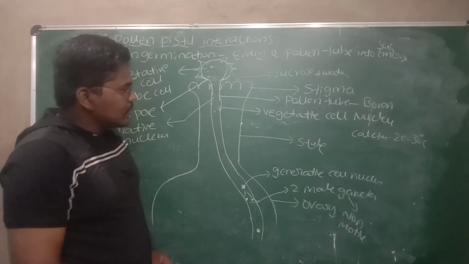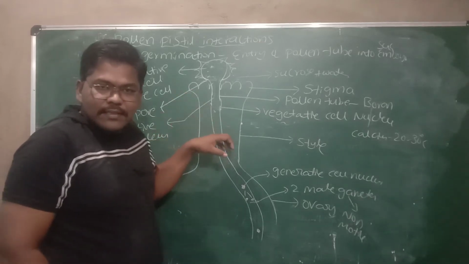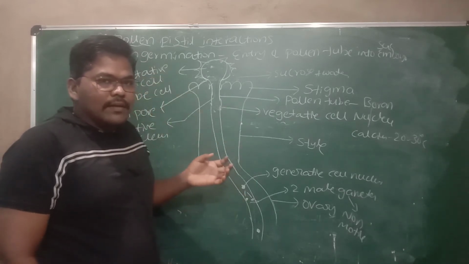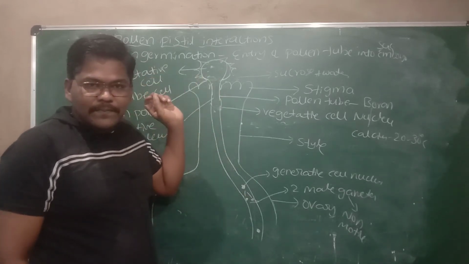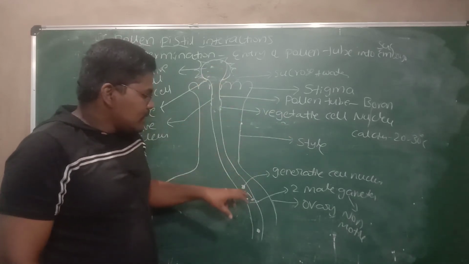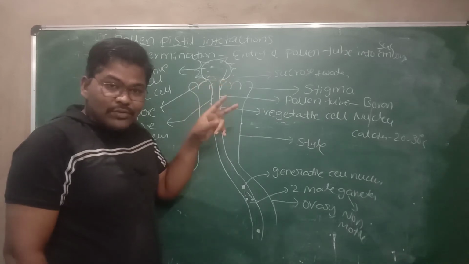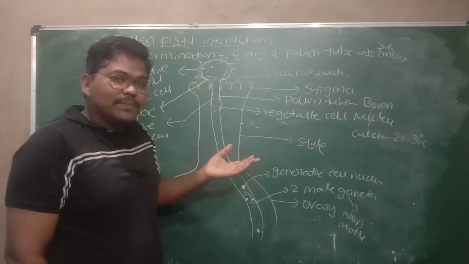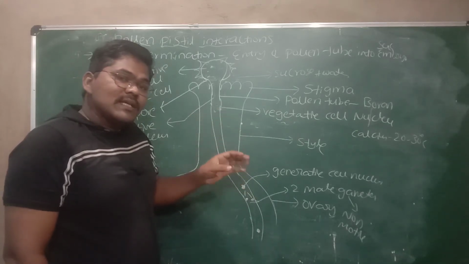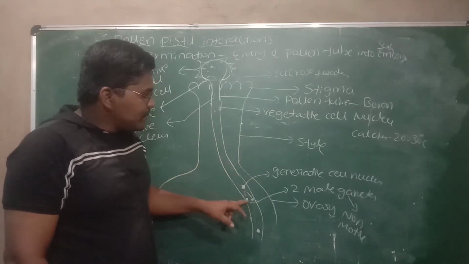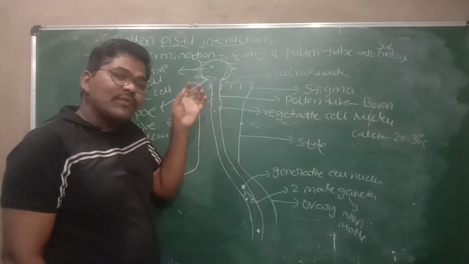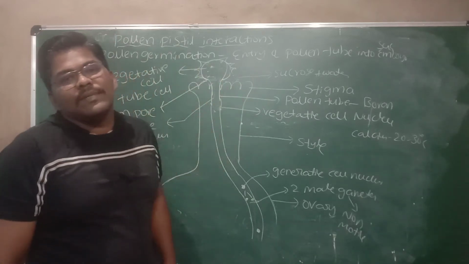Here, what happens in the pollen grain which is pollinated or which germinated at the 2 cell stage? But for a few types of pollen grains, actually 60% of pollen grains are released and pollinated at the 2 cell stage, but the remaining 40% of pollen grains are released at the 3 cell stage. The pollen grains which are released at the 3 cell stage carry male gametes from the start. Means the generative cell nucleus forms male gametes before pollen germination only.